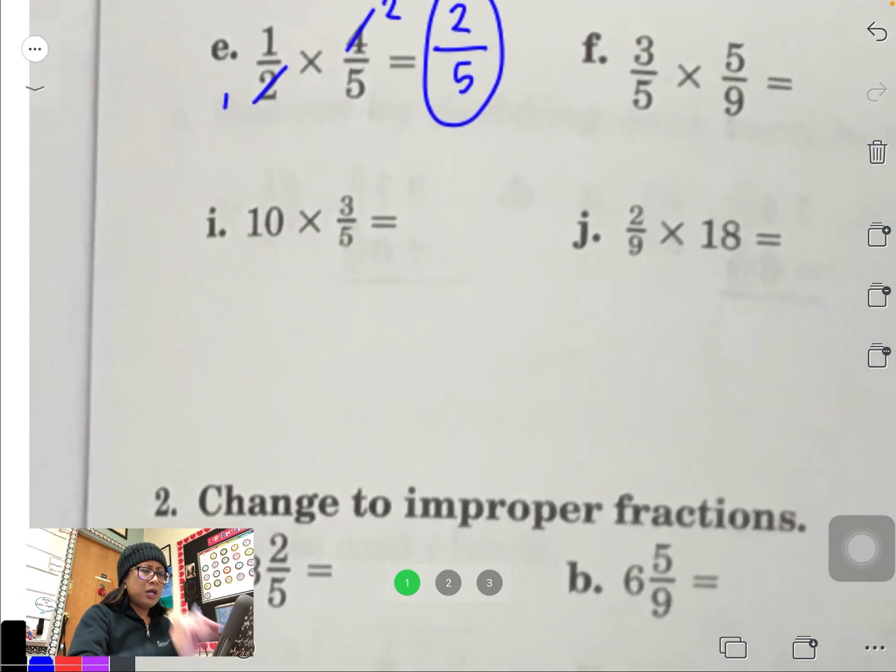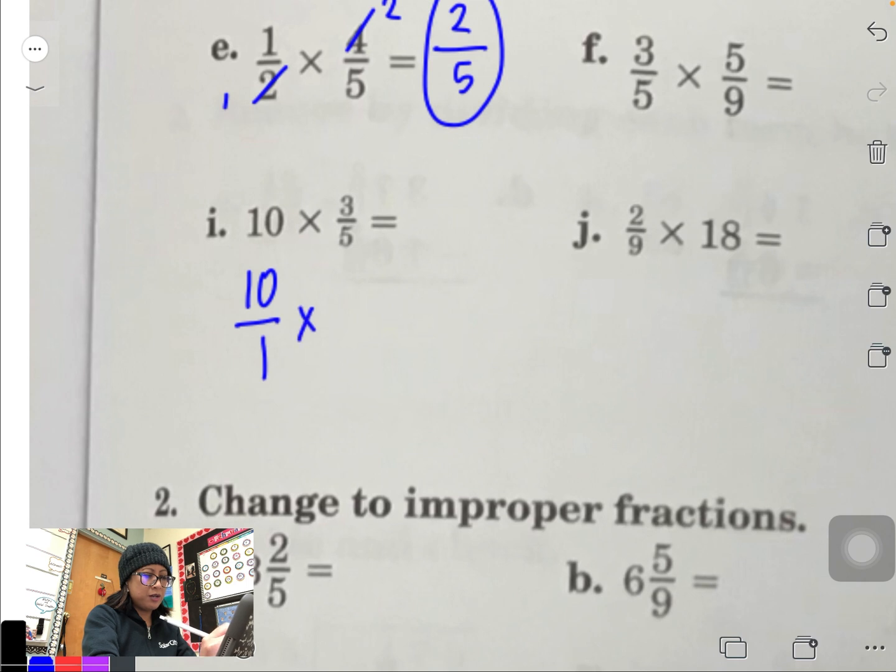Okay. Now 1i, we have the whole number and a fraction, which I think we learned yesterday. You cannot use a whole number to multiply a fraction. So you've got to create an improper fraction. So for the i, it's going to turn into 10 over 1 times 3/5. Now I can